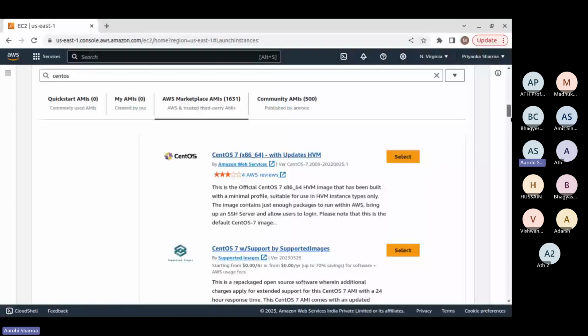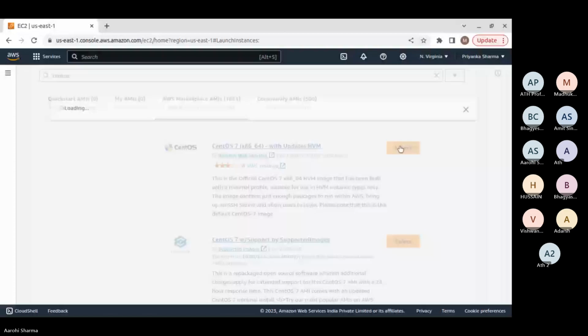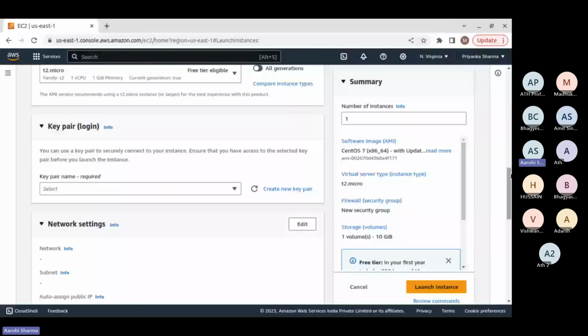Why CentOS 7? Because I'm taking it with Amazon Web Services. I'm not taking it with supported images or something else. I'm just taking it from Amazon services, right? Here I'm going to go with the free tier eligible, that is T2.micro.